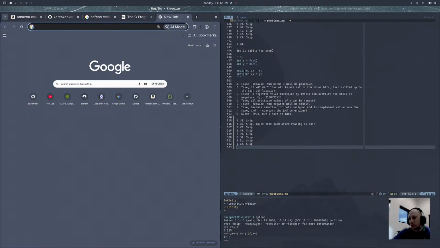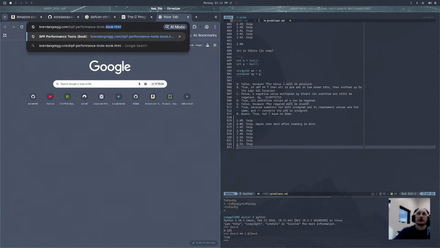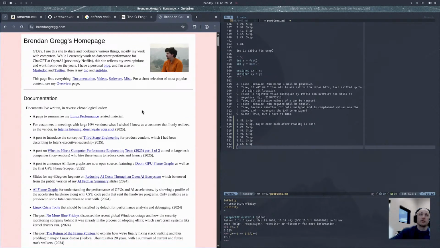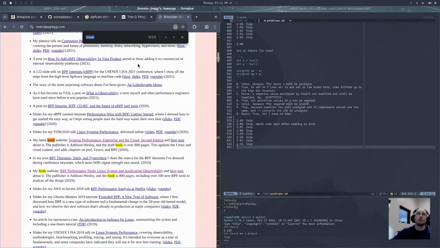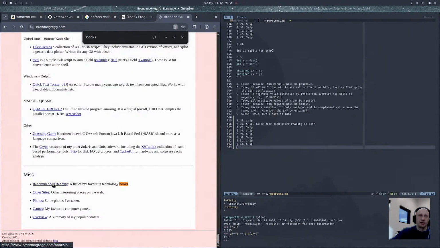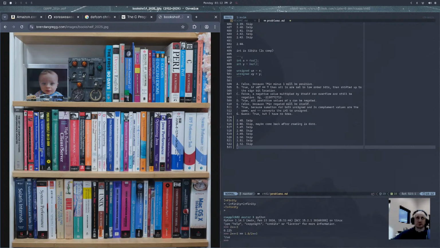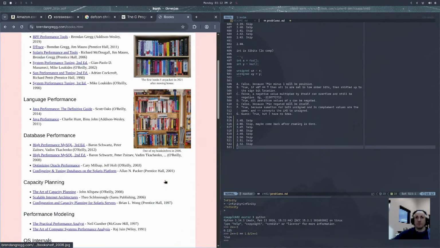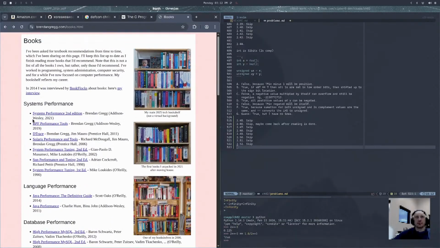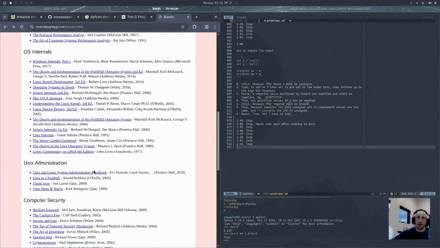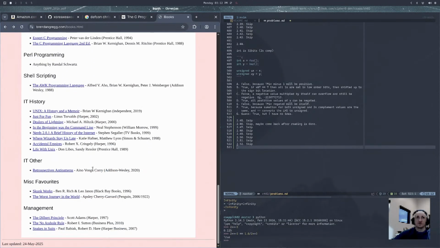Like, what's a good example? Brendan Gregg. He has a section on his website just for books. What was it called? Books down here, recommended reading. And what I've been doing is I literally just look through his bookshelf and I'm like, okay, I can see things that would be valuable for my learning process. So I mean, this is a massive list of stuff that he's read and recommends, but